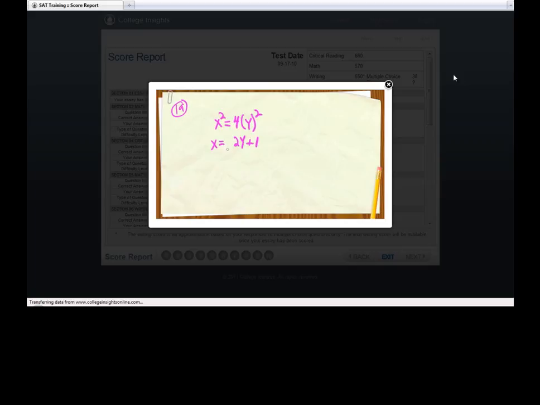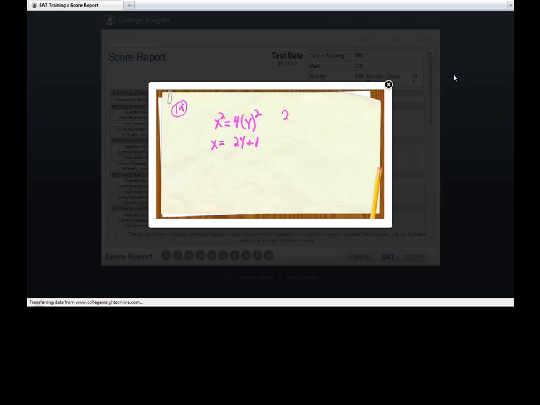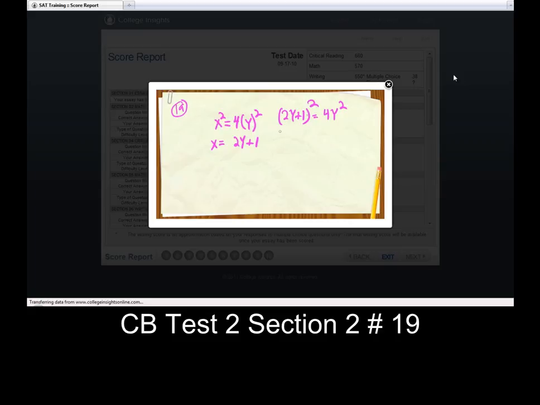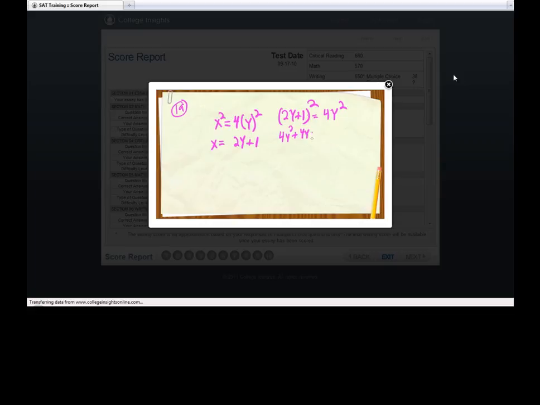I'm just going to say that take this x equals 2y plus 1, so 2y plus 1 squared, which is going to be this value, equals 4y squared. And if we factor this out, we get 4y squared plus 4y plus 1 equals 4y squared. We can get rid of our 4y squared here, and we're left with 4y equals negative 1, and that means that